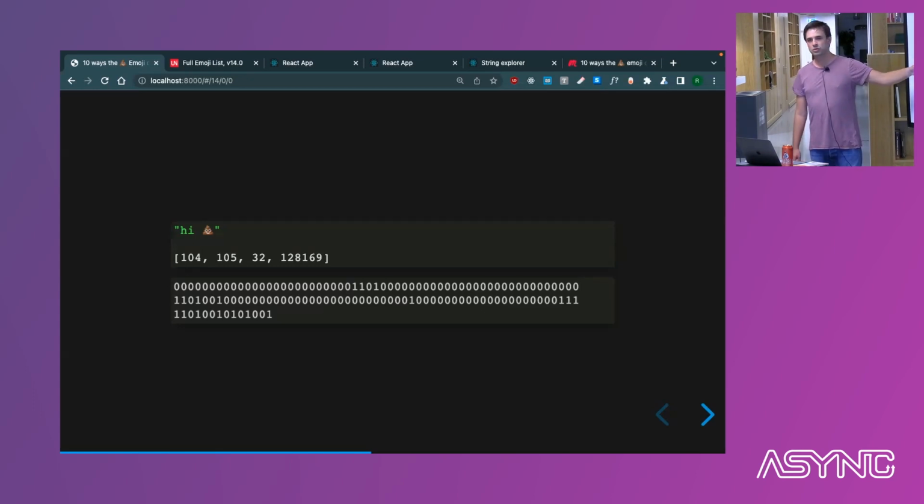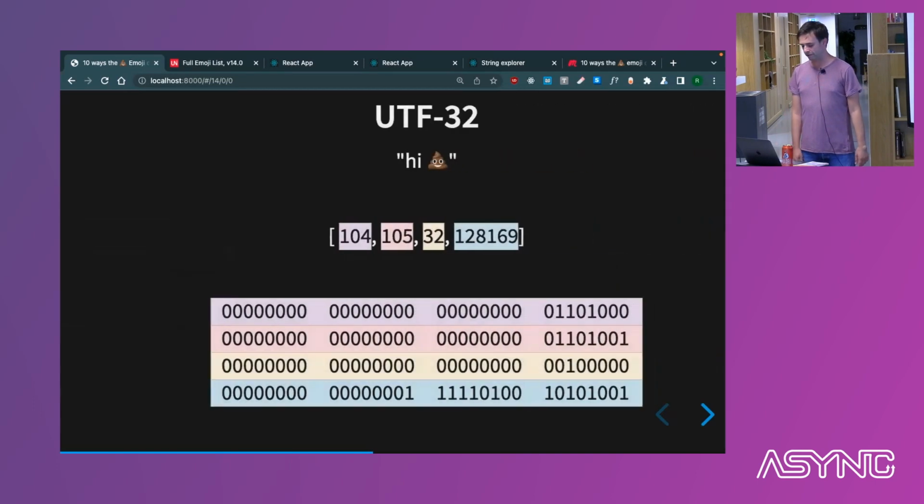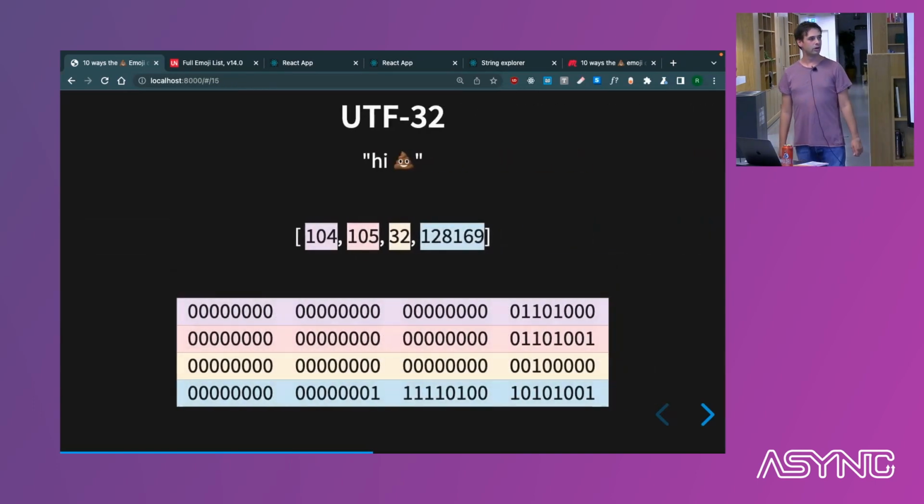So how do we encode these 1s and 0s into numbers? And unfortunately, with Unicode, there are loads of different ways that we can go about this, and this is the source of a bunch of problems. So by far the simplest way of encoding Unicode code points into binary is